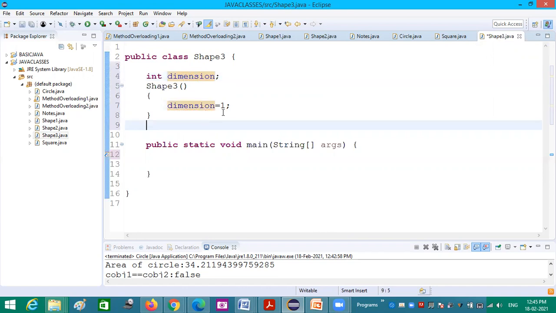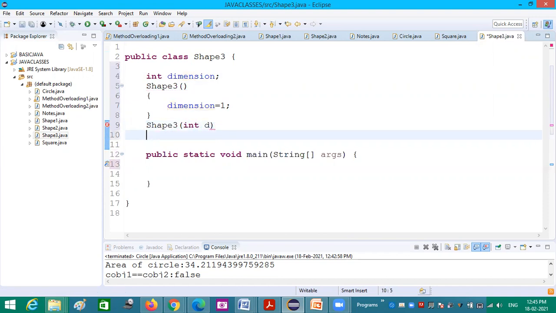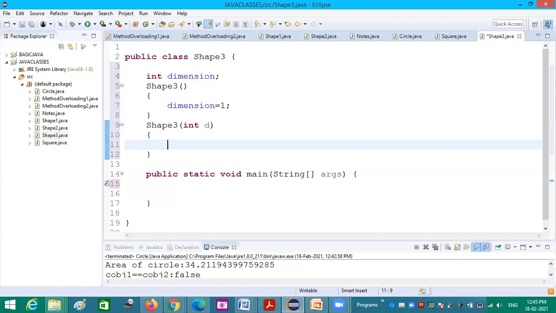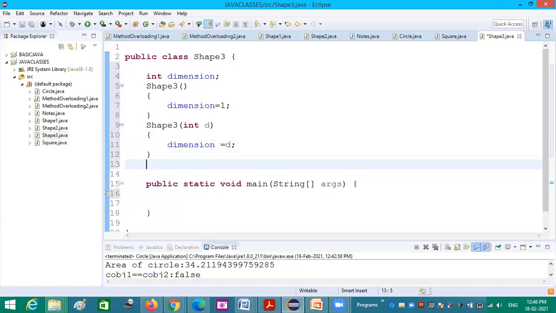So dimension is assigned, and then another constructor Shape3, for which I am passing one value int d, and for this, dimension is equal to d. So two constructors, and after that, I am creating a method.